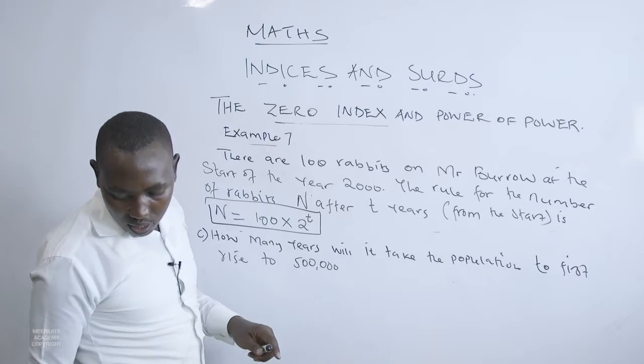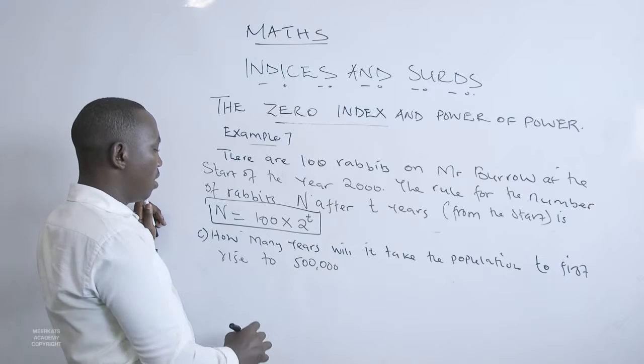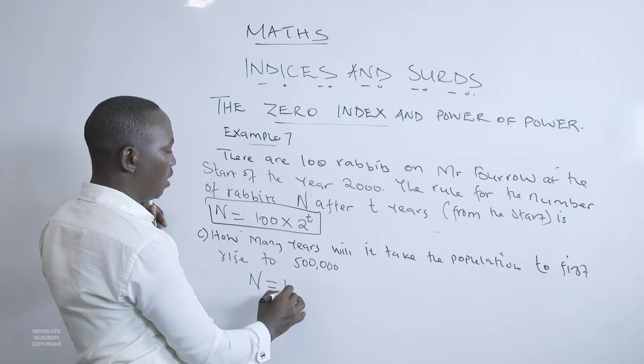Now we are going to still use our rule where we say that the number will be equivalent to